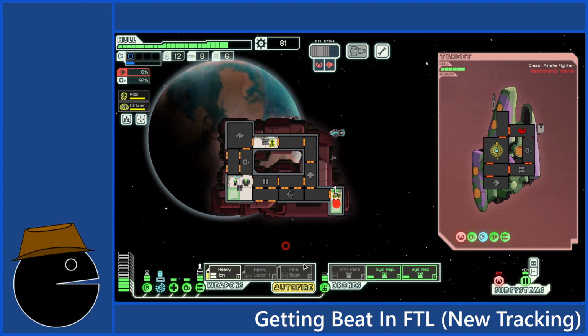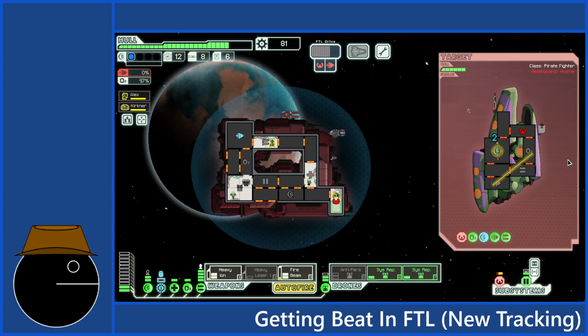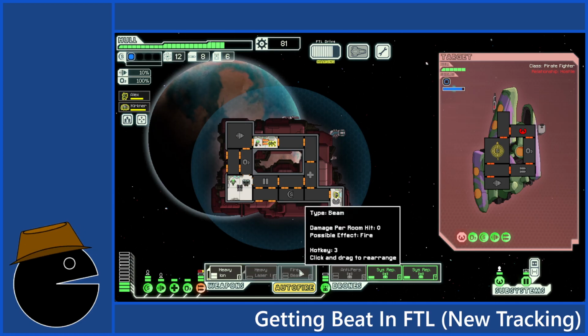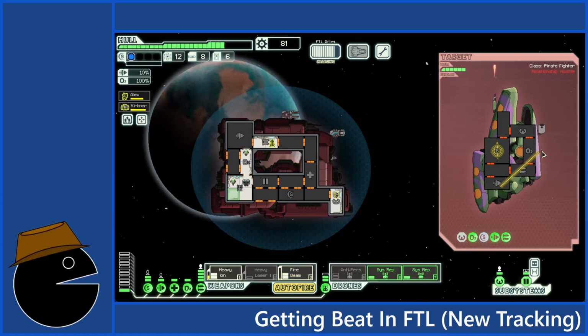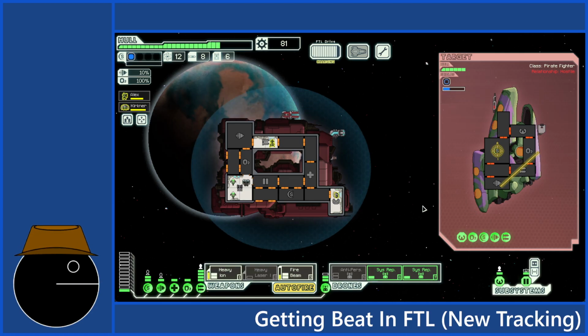Fortunately, their weapons are still working. Frick, man. They keep hitting the weapons. That's really unlucky for me. Hopefully that doesn't happen a second time. And it didn't. Okay, great. Actually, that would have been the third time.